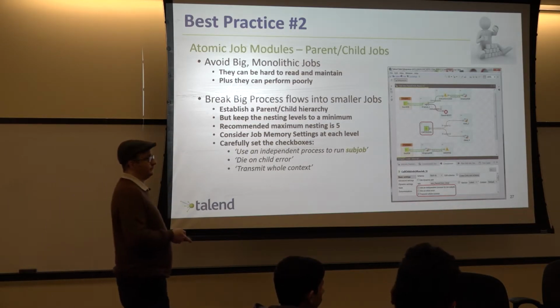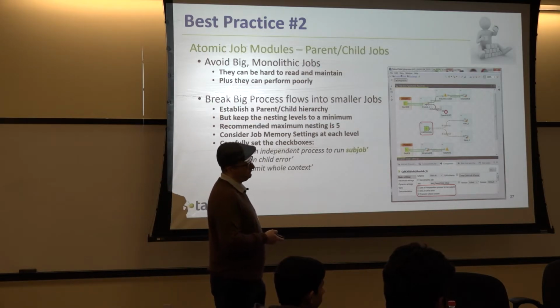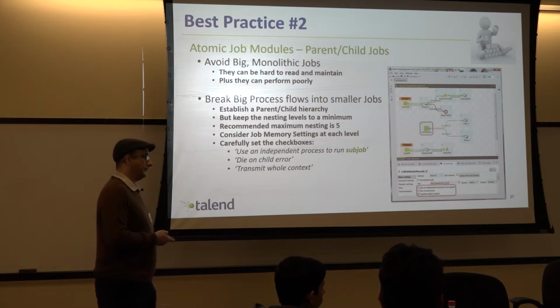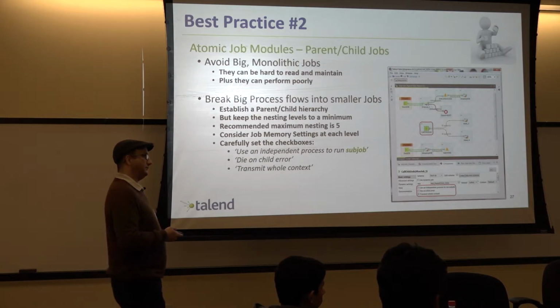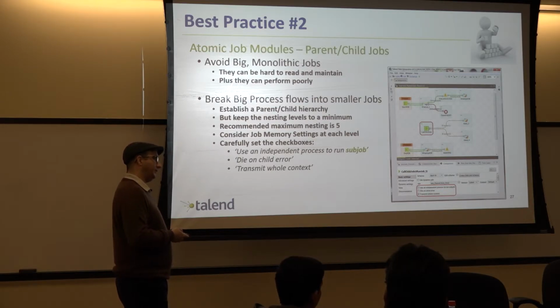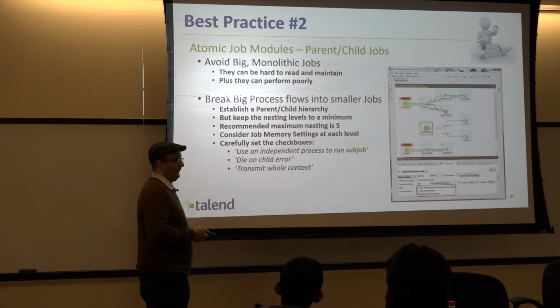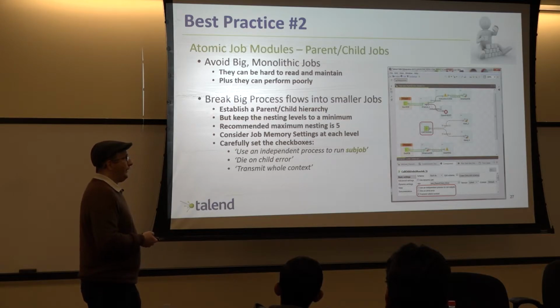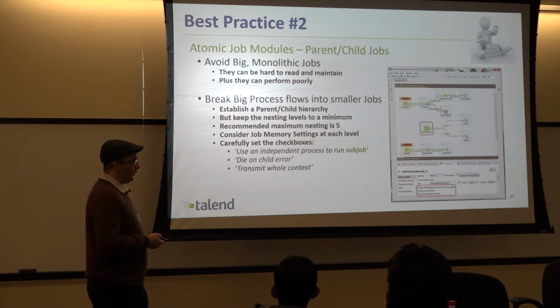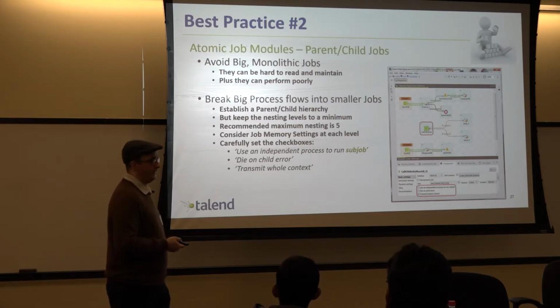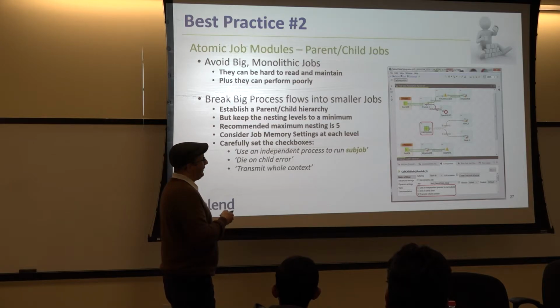So what's the recommendation on how sub-jobbed you want to go? Do you want to go all the way down like a microservice architecture, where you write everything in its smallest wholly owned component, and then you have one big giant master parent flow job that runs through it all, or is that too low a granularity? I wouldn't necessarily go that low. You want to think about reusability. If you can manage to make things reusable, orchestrate where it makes logical sense. And then there's this other idea of